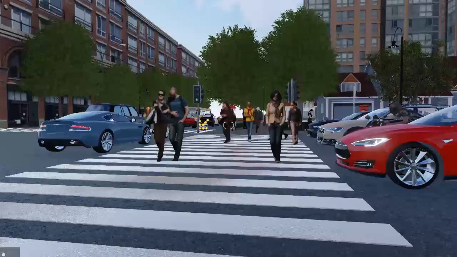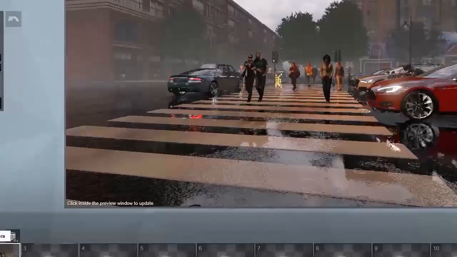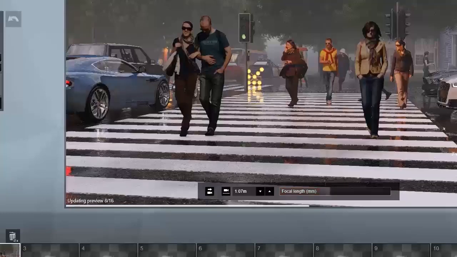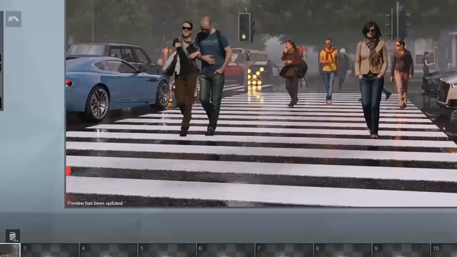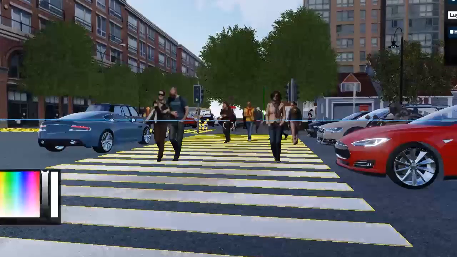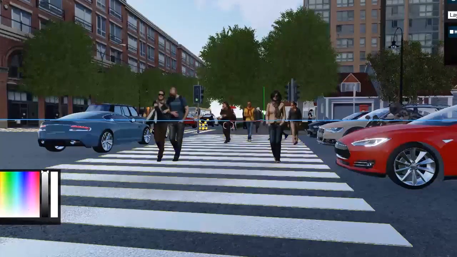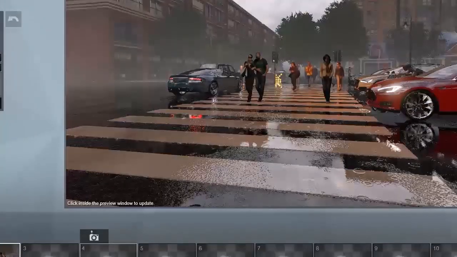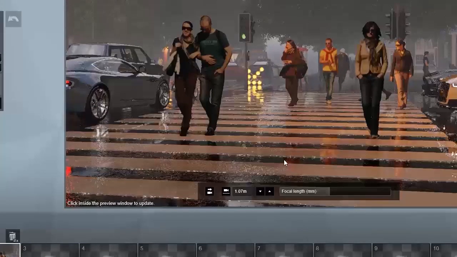I like to add some glows and reflections on this material as well. Now let's see the outcome. I think we could increase the amount a little more. I hope we didn't overdo it, but